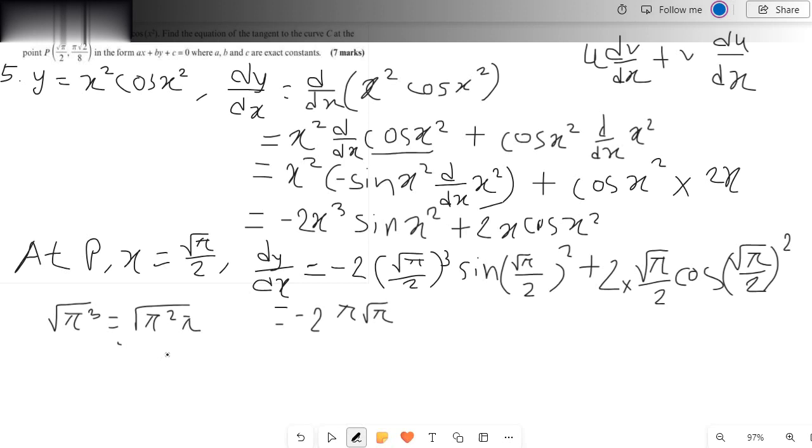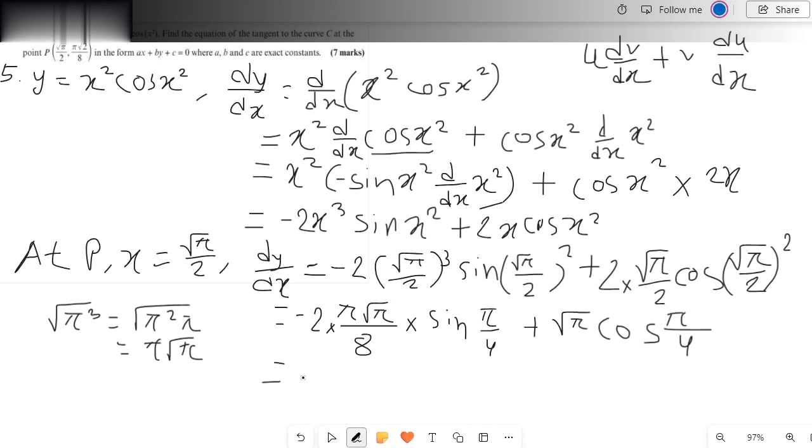So we can write that being pi root pi and then divided by 8, as 2 cubed is 8, and then multiplied with sine pi by 4 and then plus root pi, as 2 into half is 1, multiplied with cos pi by 4, and simplifying we have minus pi root pi divided by 4 multiplied with sine pi by 4, which is also sine 45 degrees, or root 2 by 2,